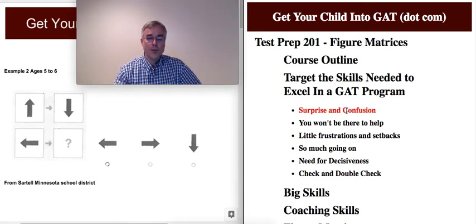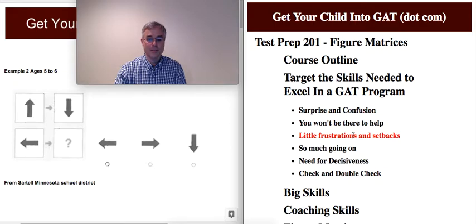So the primary purpose of the test is surprise and confusion. They want to present the child with a novel problem that is slightly complicated, requires some analysis and some patience. Keep in mind, you will not be there to help, so conduct your test prep sessions accordingly, and I'll get into that. The test builds in little frustrations and setbacks, which is a bundle of skills that are required for